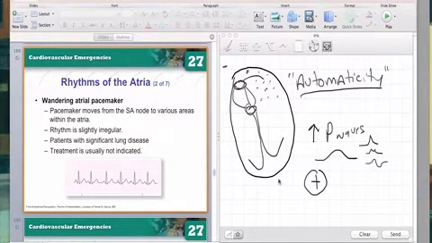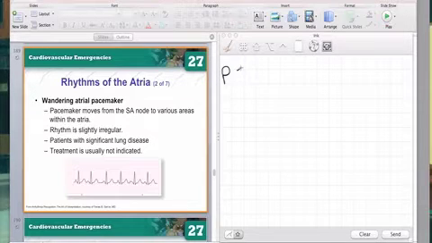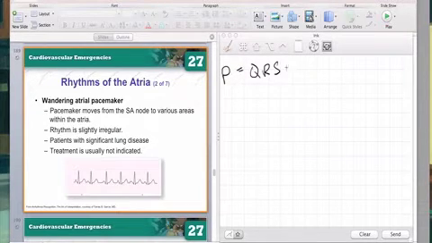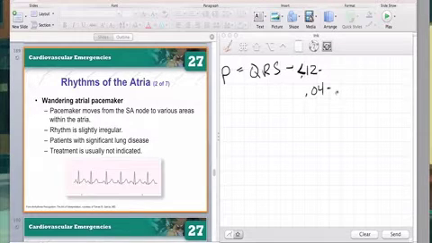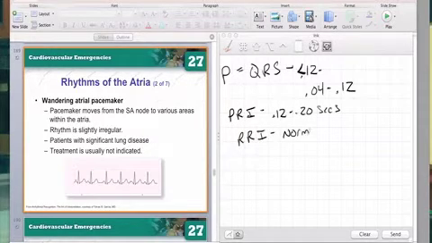Now when we go over these rhythms, remember, always use your rules. Never forget your rules of what makes a normal sinus rhythm actually normal. Remember, you're looking at your P wave. You have to have a P wave before every QRS complex. Your QRS complex has to be less than 0.12 seconds. In some books, you might have it read between 0.04 and 0.12. Your PRI, your PR interval, has to be between 0.12 and 0.20 seconds. Your R to R intervals have to be normal,